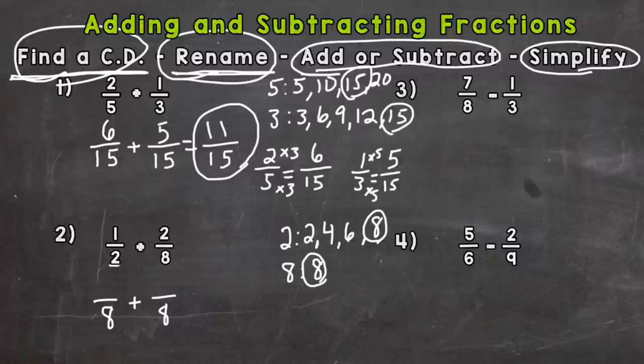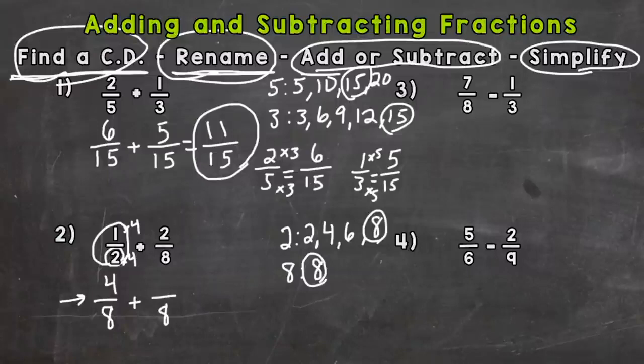So I know this 2, I need to multiply by 4 to get a denominator of 8, right? 2 times 4. So I need to do the same thing to the top. 1 times 4 is 4. And as you can see here, we have an equivalent fraction. 4/8 is the same thing as 1/2. We're not changing the value when we rename. We're just giving it a different name and a different denominator, so we have a common denominator and we're able